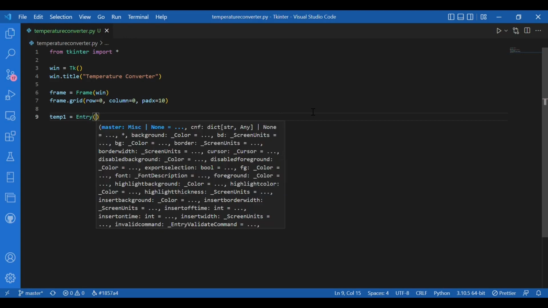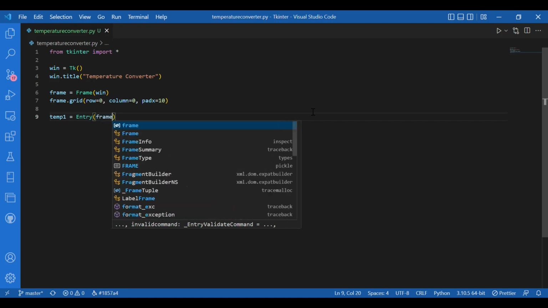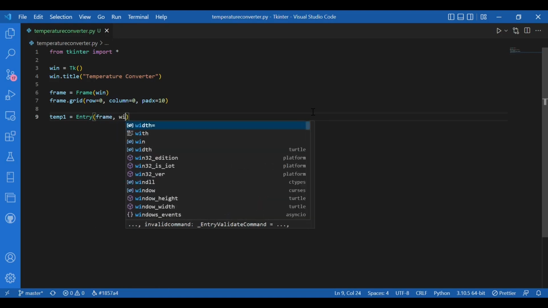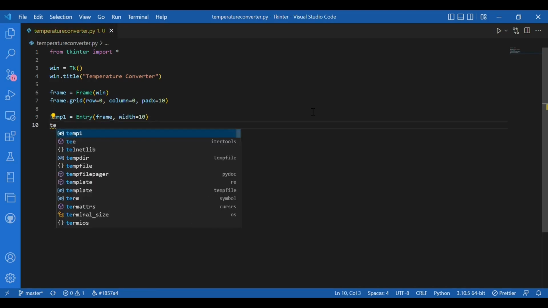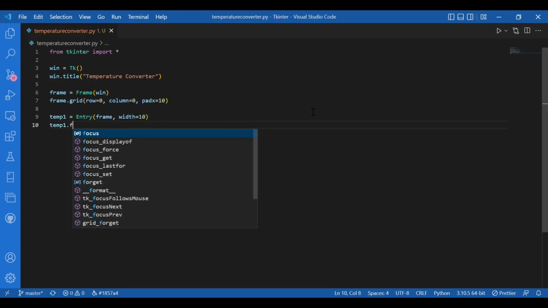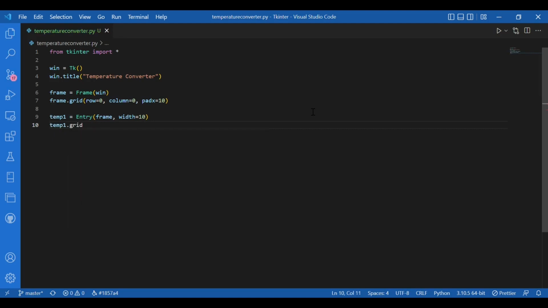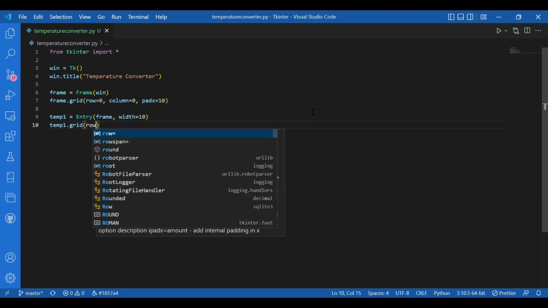Okay, and for the arguments, where do I want it? I want this entry widget on the frame, so I'll write frame, and width, let it be 10. Cool. Then I'll use grid. I'll write temp1 dot grid, row equals 0 and column equals 0,